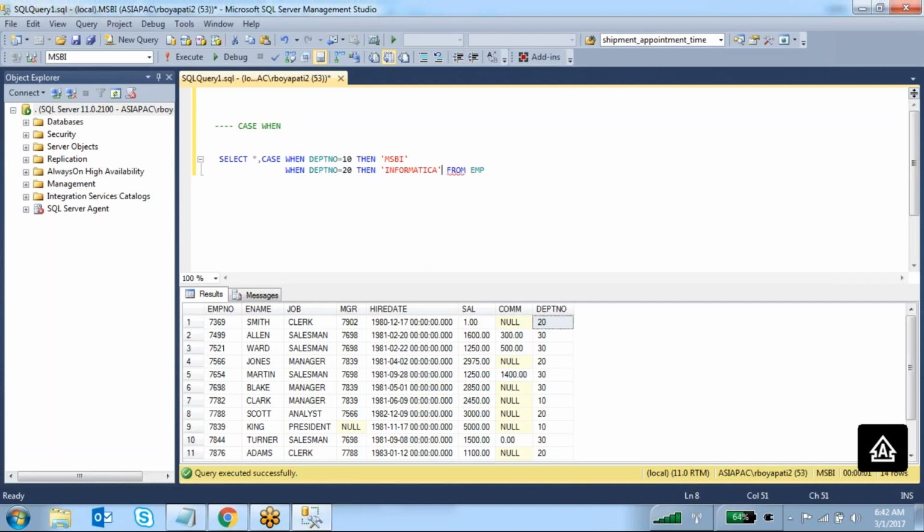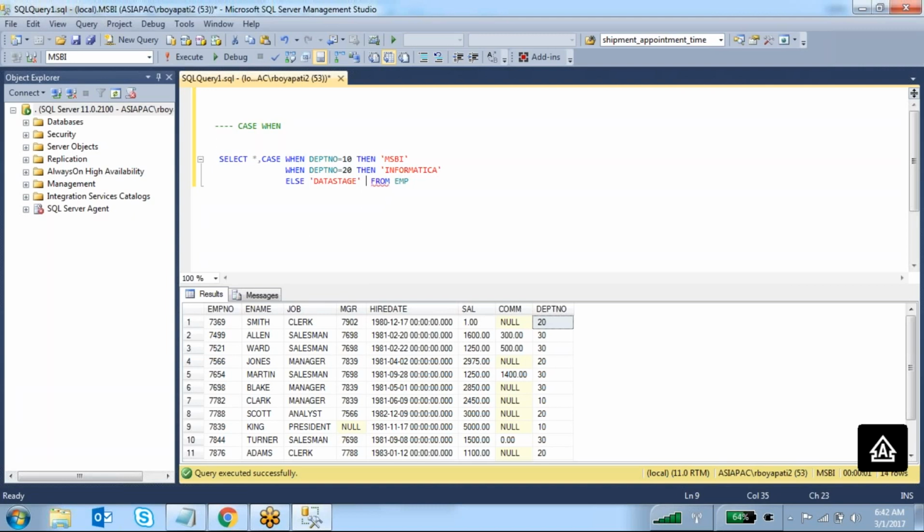Okay, so other than 10 and other than 20, if any value, either it is 30, 40, 50, 60, anything, you have to write it under else. Okay, else, so I want to print data stage. Okay, case when department number equal to 10, then MSBI.